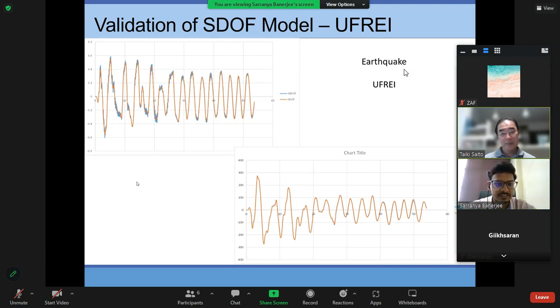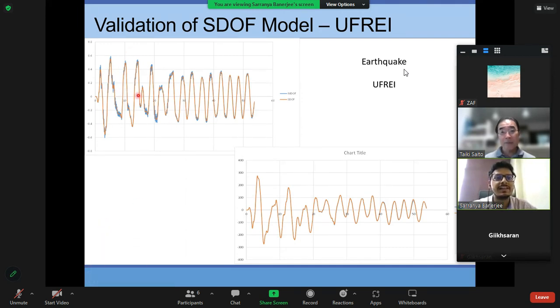So here I have only considered one mass, and that is isolated with unbonded isolators. After developing the single degree of freedom system codes, I validated them against the multi-degree of freedom system using MATLAB. So this is the acceleration response of the